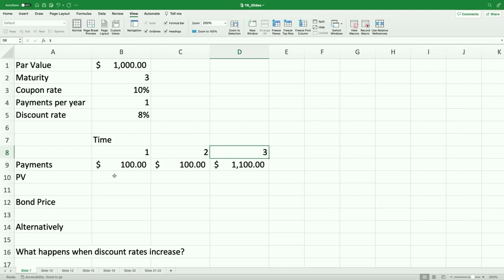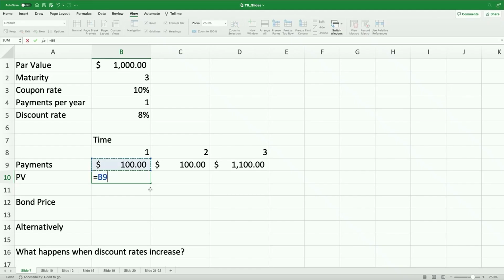All right, how would we calculate the present value of each? It was on the slide, but I'll replicate it here. We take each payment and discount it back to today. So the first 100, I'm going to divide by 1 plus the discount rate, which I am going to freeze with my $ sign so it doesn't move when I fill across, to the how many periods am I going to discount it back? 1. Okay, it arrives 1 period from now, this 100. Hit enter. It's worth $92.59 today.